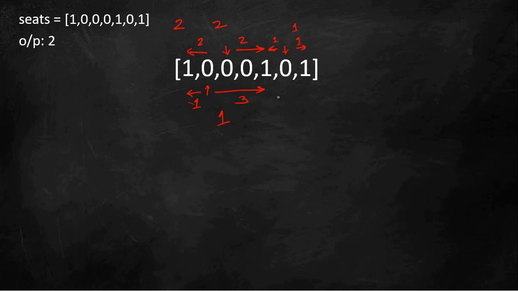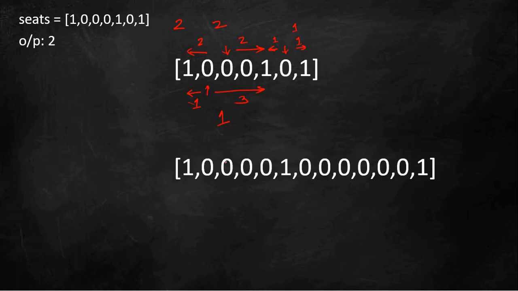Now let's take another example. In this case, if I place Alex here, the closest person to the left is, for this particular case, 1. If you see the pattern, what we are doing is checking the closest person to the left for each index, and again checking the closest person to the right for each index. So let's say I create an array, a left array, and record who is the closest person on the left and right.